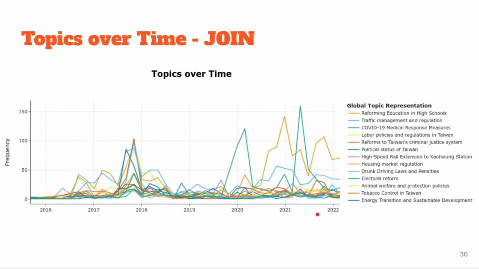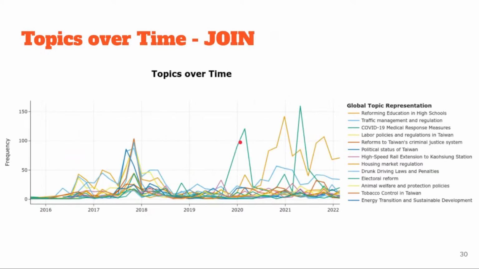What's also quite nice is that we can look at topics over time and at the chronology. For example, since we're all familiar with it, in 2020 proposals for COVID-19 medical response skyrocketed. You can see it wasn't there at all previously, and then over 2020 there's suddenly an increase from 0 to 100 proposals within 1 year, or within 1 or 2 months.